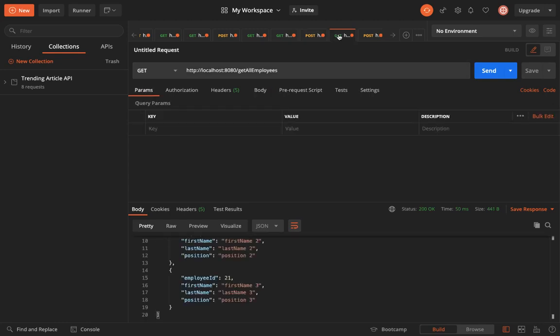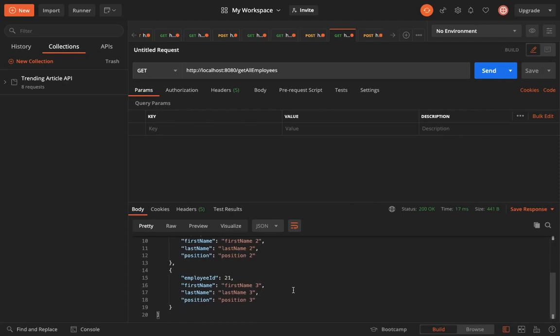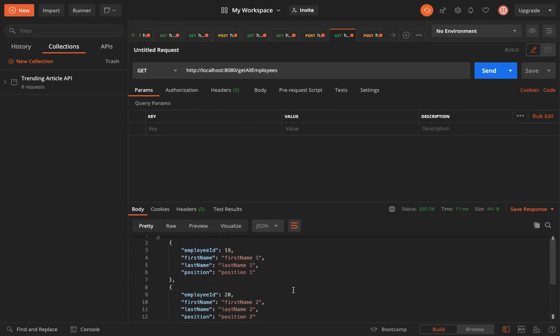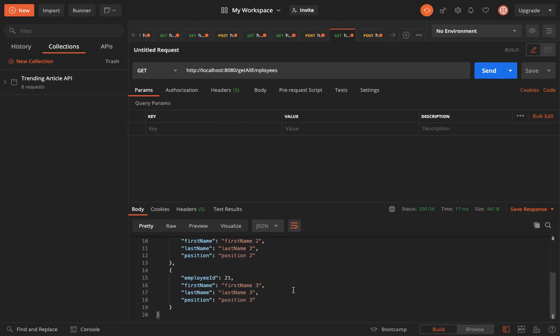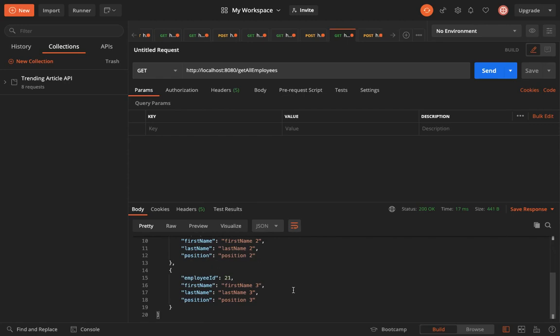But if I get the list of all the employees, you will still get only 3 employees in the list. That's because this result is the cached result we are getting from Aerospike and not the original result which is stored in MySQL. So this result will be updated with the 5 employees after 1 hour, which is our TTL.